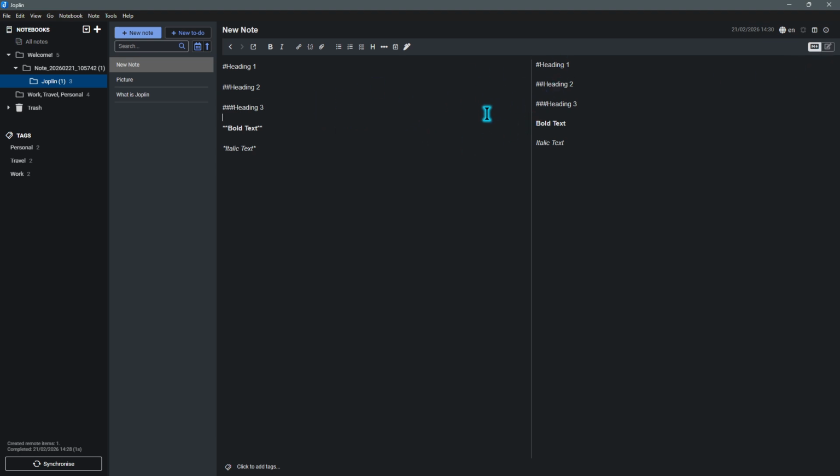Write in plain text, format with simple symbols, and let Joplin handle the styling. Open a note, switch to Markdown, and try a heading, a bold word, and an